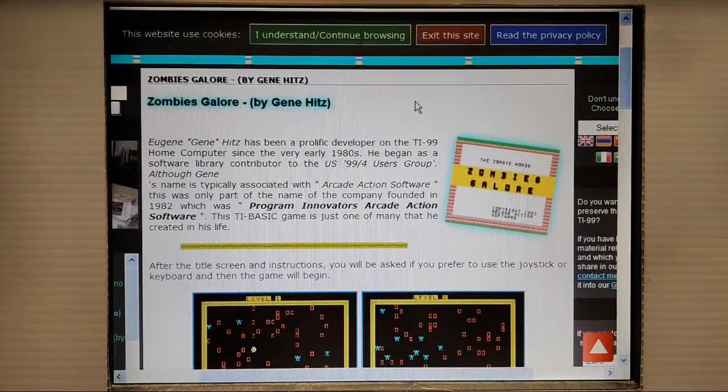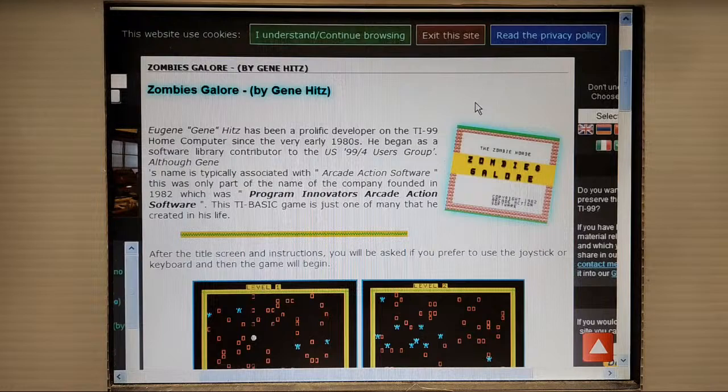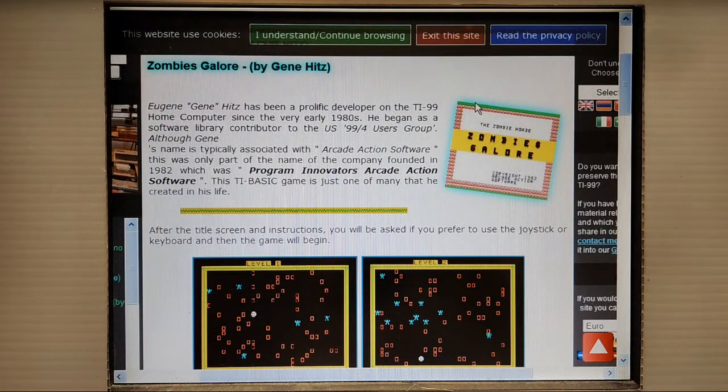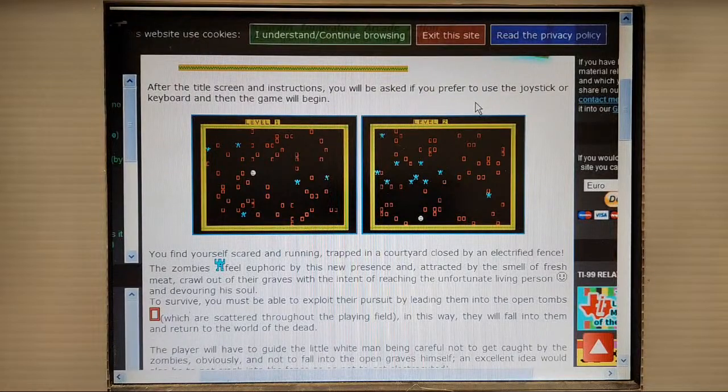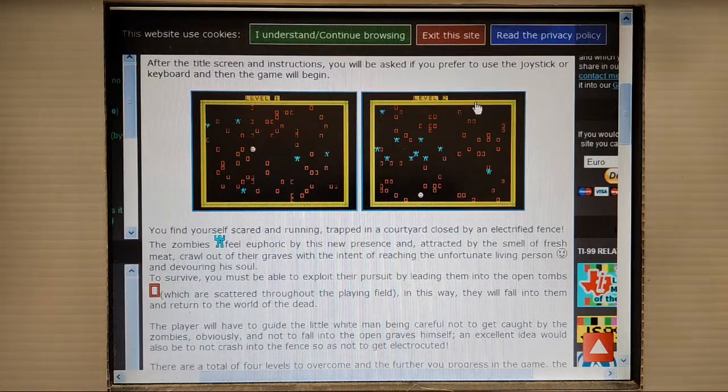All right, so here's Zombies Galore. And this looks like another outrun or outsmart the zombies game. After a title screen, you'll be asked to prefer to use the joysticks or keyboard. You find yourself scared and running, trapped in a courtyard closed by an electrified fence. The zombies, feeling euphoric by this new presence and attracted by the smell of fresh meat, crawl out of their graves with the intent of reaching the unfortunate living person, who's this smiley face right here,